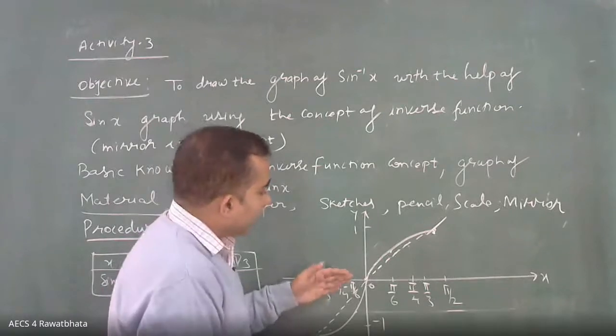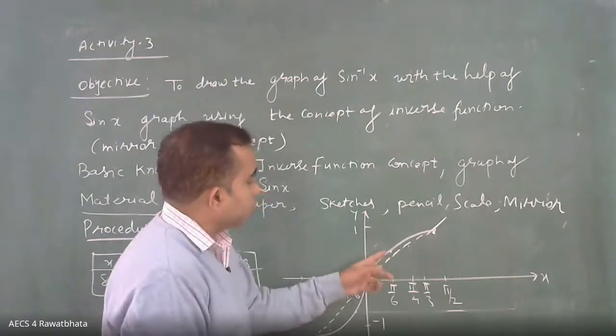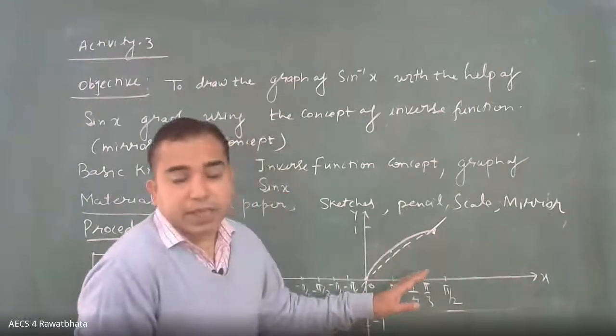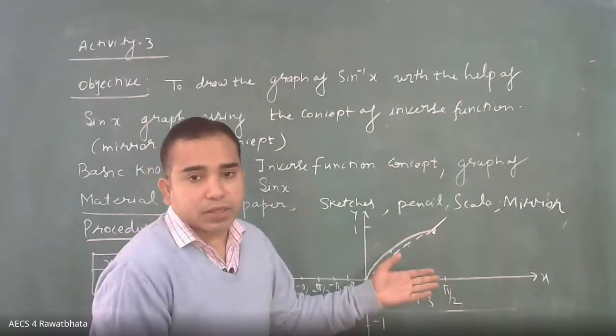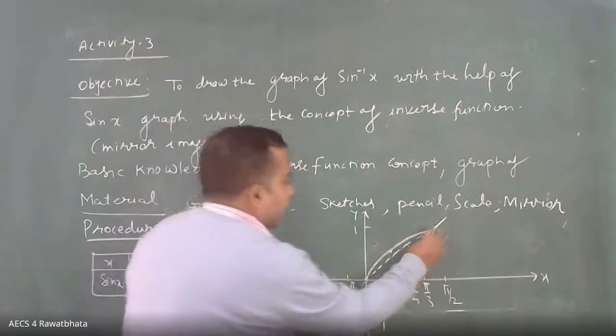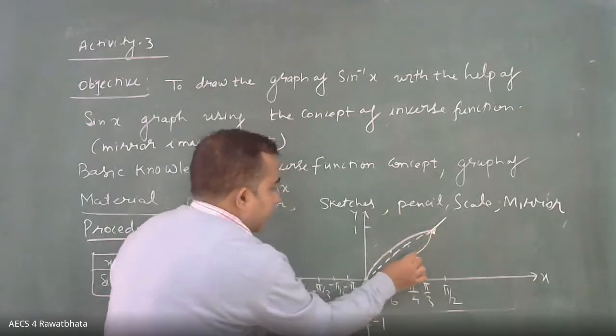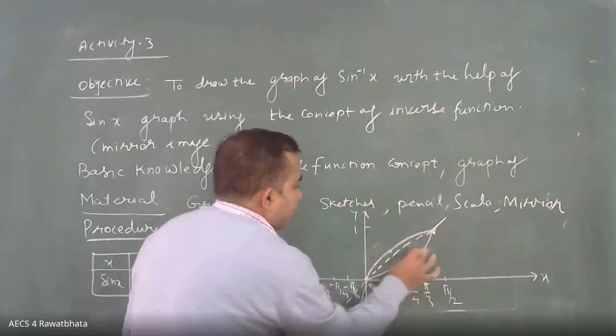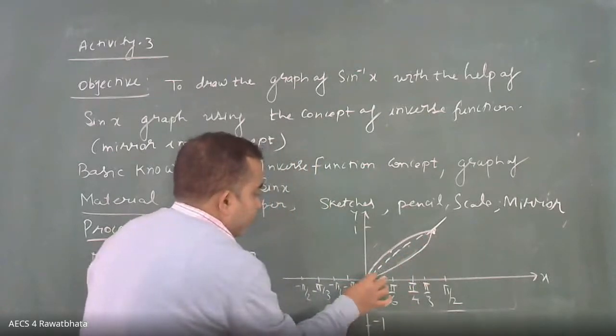And similarly, if the plane mirror side is towards this graph, its image you will see on the other side, and that will be just on the other side of y equal to x line, right? And that will be somewhat like this, that you can see in the mirror and you can draw with different color